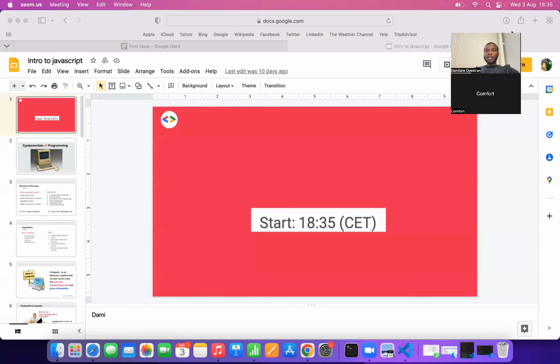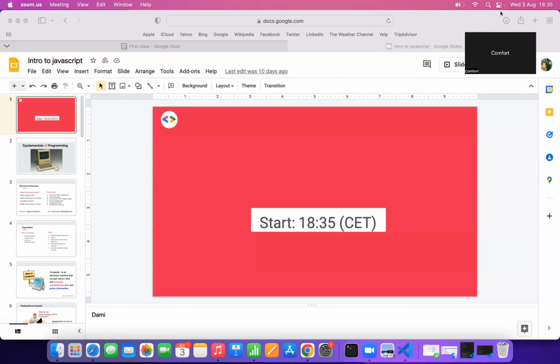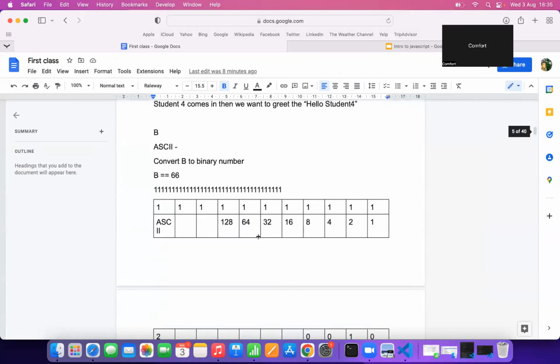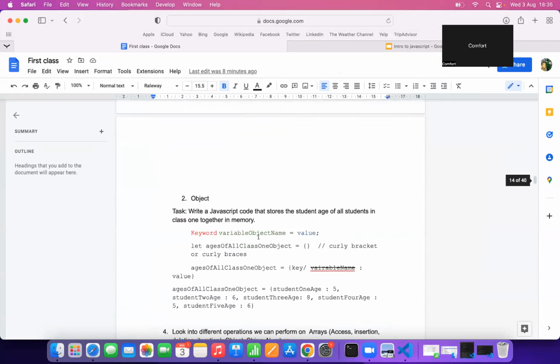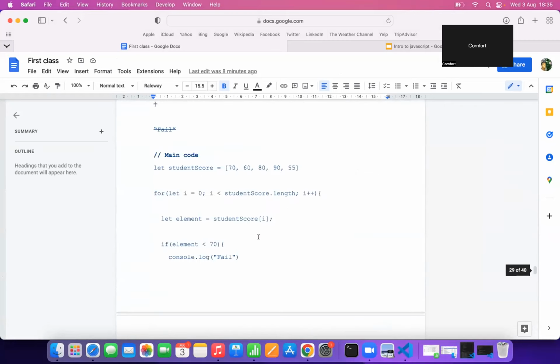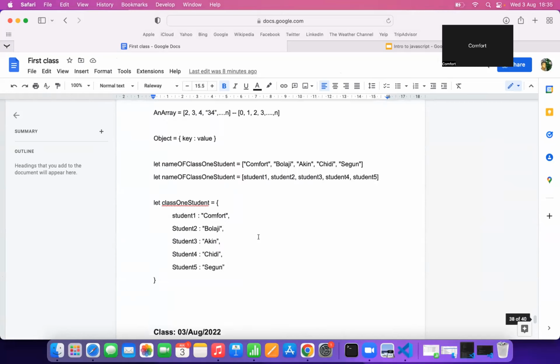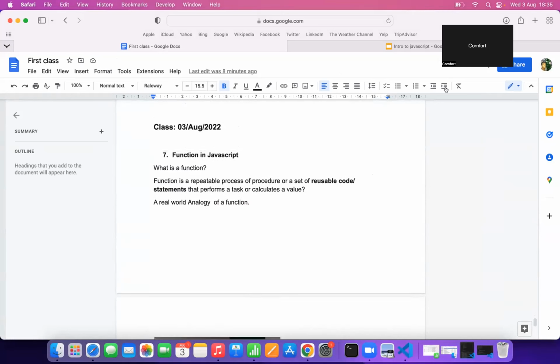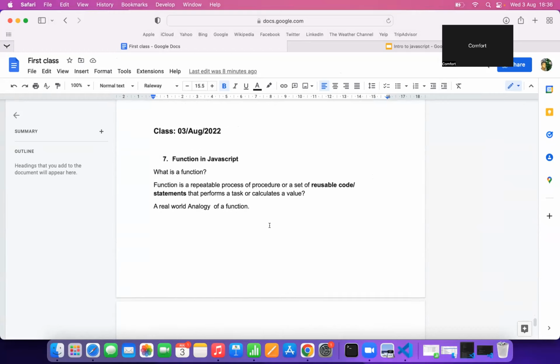So in today's class, we'll be talking about function. I think in our last class, we stopped at how to do iterations in JavaScript. So in today's class, we'll be taking this class a little bit further and we will try to look into